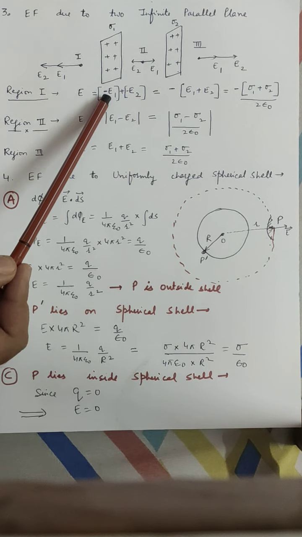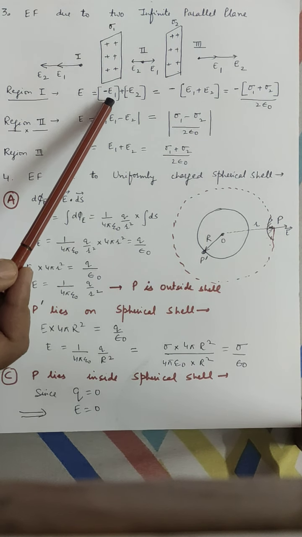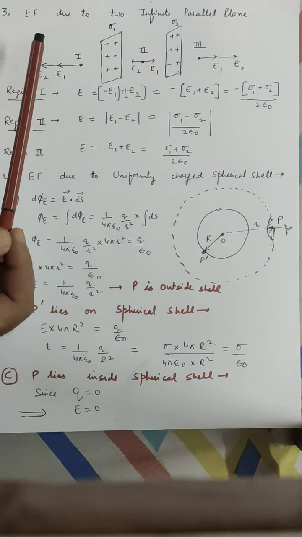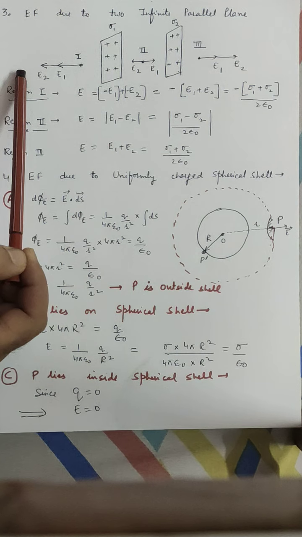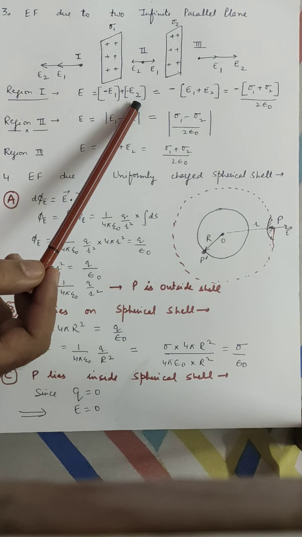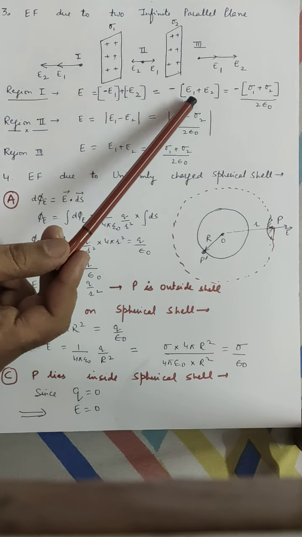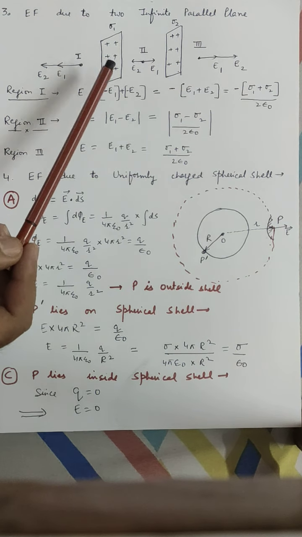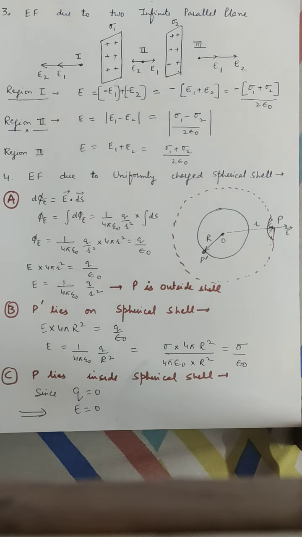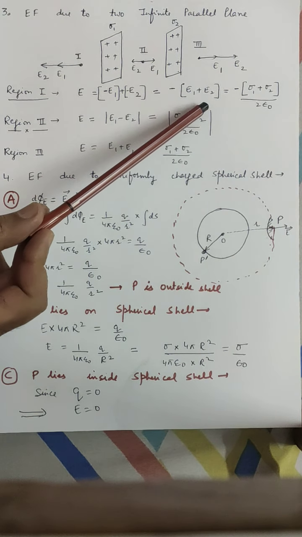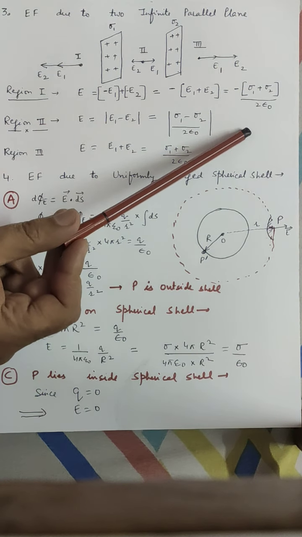We have taken the sign convention according to the Cartesian system. Considering this to be origin, anything to the left hand side in the Cartesian system is considered to be negative. So we have taken this to be minus E1 and this electric field is minus E2. We take minus common, so it is E1 plus E2. I have discussed what is the value of E1 due to a plane sheet in the application, and the formula was sigma upon 2 epsilon naught. So I put sigma 1 upon 2 epsilon naught. In place of E2 we put sigma 2 upon 2 epsilon naught.